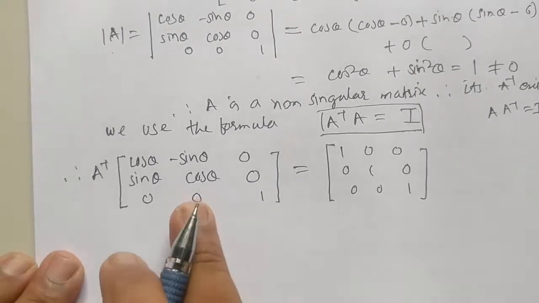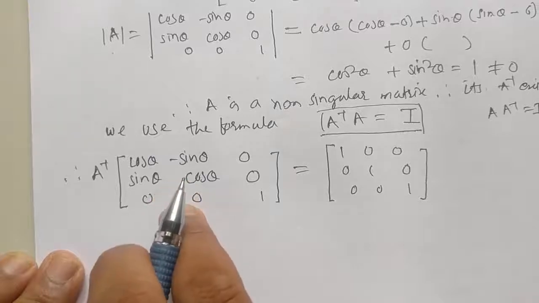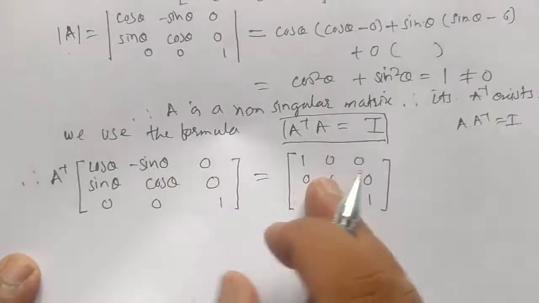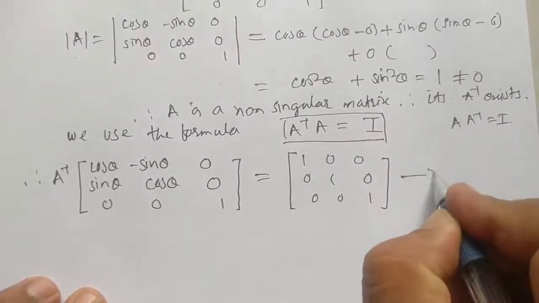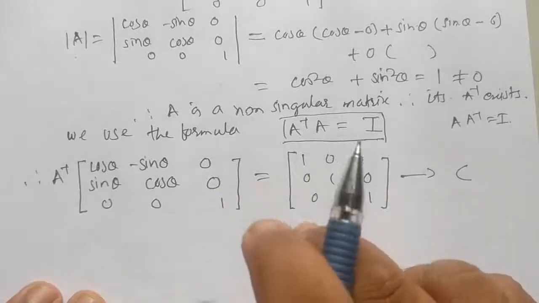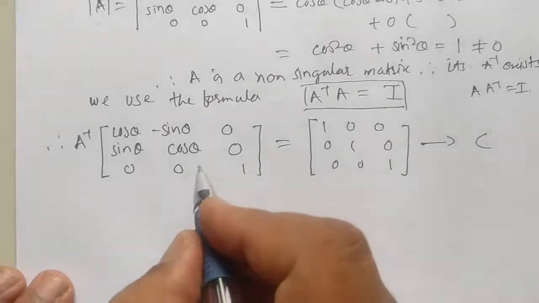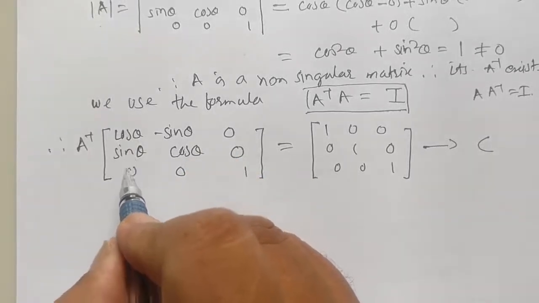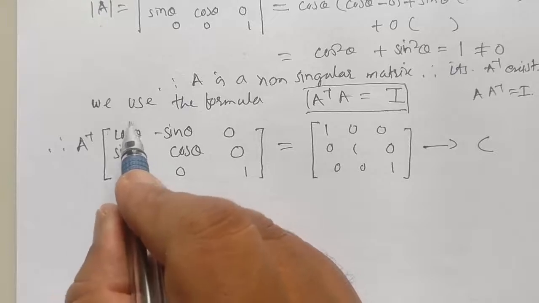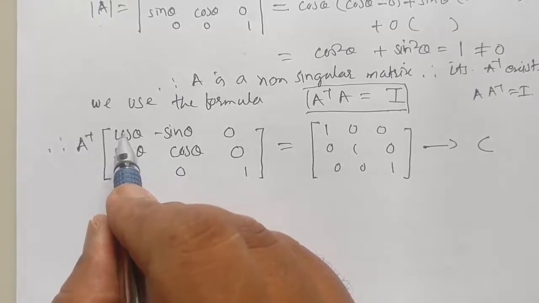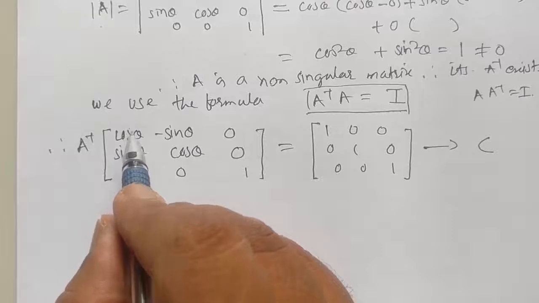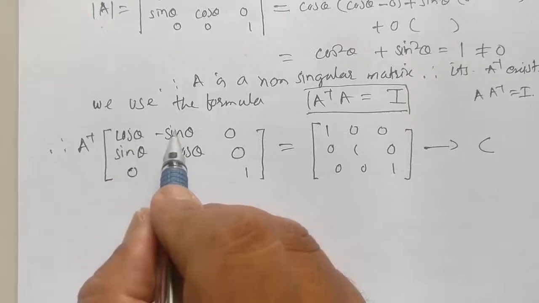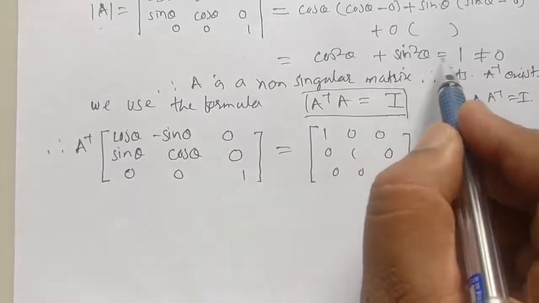Now we apply a series of column transformations to this matrix. So this matrix reduces to the identity matrix, and the same operation should be performed on the matrix I. It reduces to another matrix C. The C matrix is the inverse of the given matrix. Therefore, for that, we observe the first column, cos theta, sin theta, 0. Now the first element of the first row should be 1. For that, we multiply by cos theta to column number 1 and minus sin theta to column number 2, and adding we get cos square theta plus sin square theta, which is by identity 1.